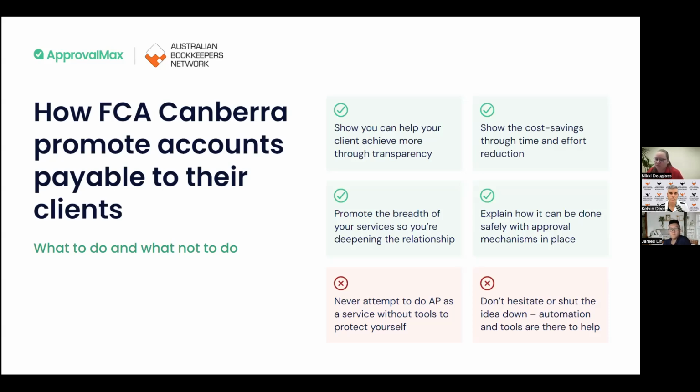How do they know the right people are approving the right invoices, or did that stock actually arrive? What are their internal processes in relation to, yes, a bill came in, but how is that? What's that document journey for it to come in, the stock arrived or whatever that might be, to then be approved, be coded correctly, so it's being coded in the right spot, and therefore getting paid in a timely manner. And you'll find that a lot of people don't have that down pat. So if you can become an expert within that space, it's a very easy thing to promote.